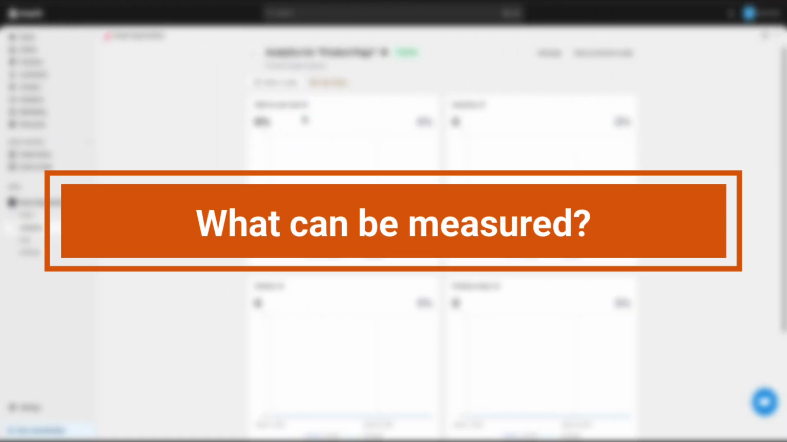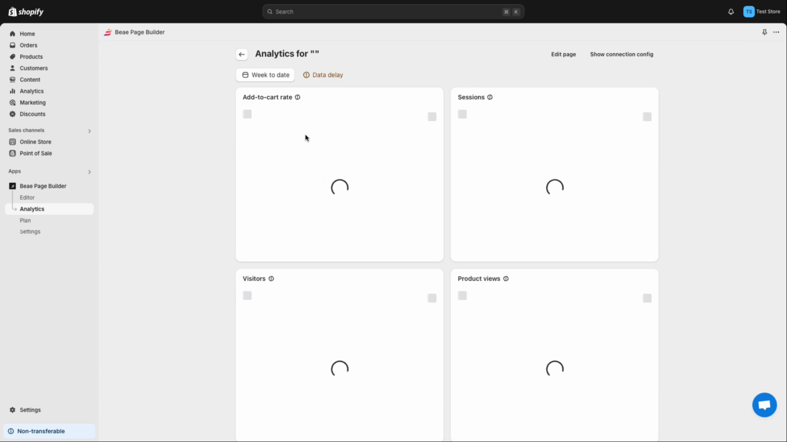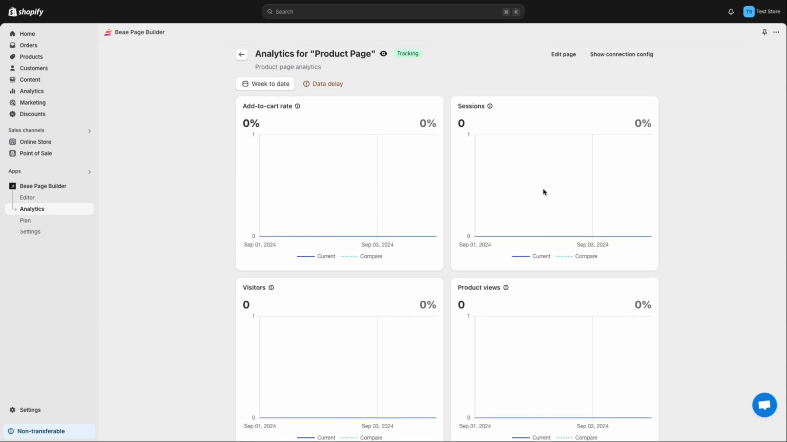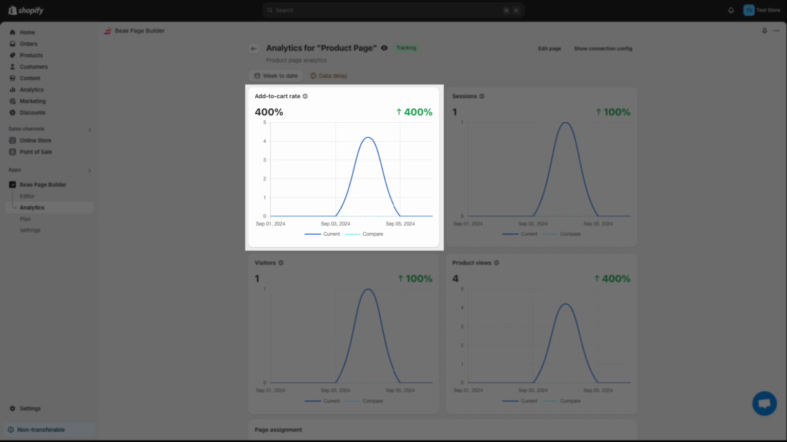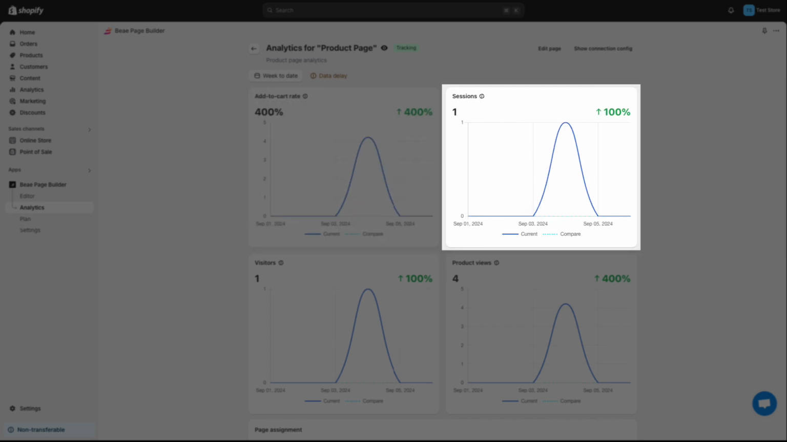Moving on, let's learn what can be measured in the Beae Page Analytics. There are 4 vital metrics that Beae provides for analyzing your pages. Add to cart rate. This metric tracks the percentage of visitors who add a product to their cart, giving insight into customer intent. Sessions. This measures the number of visits to your page, helping you understand the overall traffic and